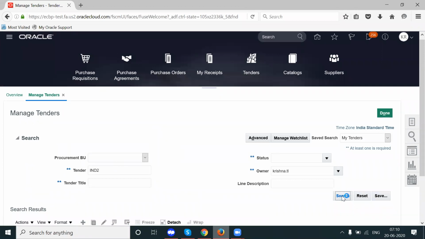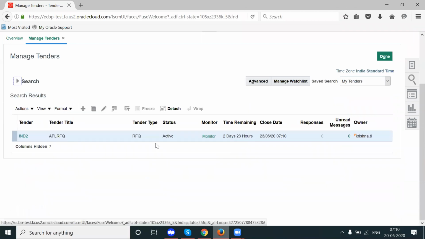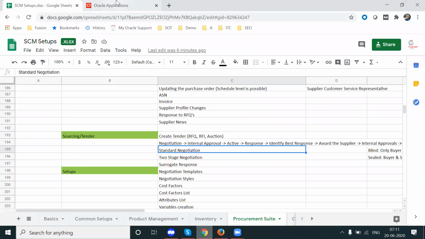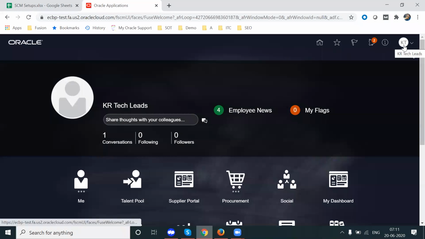Since I selected open immediately, see, straight away it is active. Now I'm in the supplier portal login.